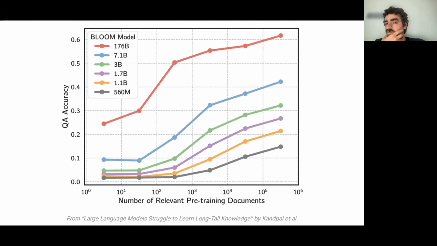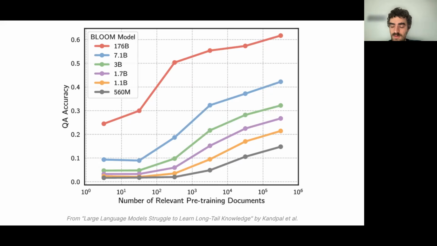So if we look at the performance of BLOOM rather than GPT-3 on TriviaQA, and we split the validation or the test set in accordance to the number of times the fact that the question was focused on appears in the pre-training data, you can see this very reliable behavior where the model gets better at answering questions about facts that it was frequently exposed to during pre-training. But now you're probably wondering, how did we determine the number of times that a fact appeared in the